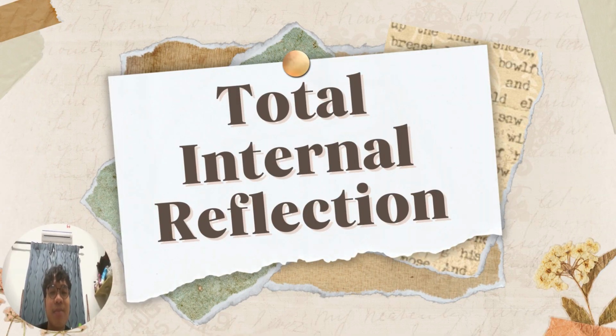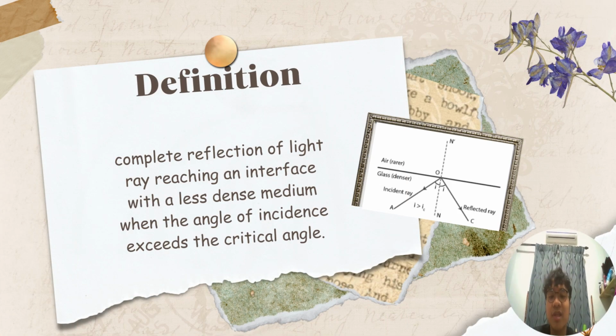Okay, so dah habis dengan kita punya basics of total internal refraction. Now is the real part. Kita akan belajar about total internal refraction. Definition of total internal refraction. Complete refraction of light ray reaching an interface with a less dense medium when the angle of incidence exceed the critical angle. So basically apa dia nak cakap is when light ray move from object with higher optical density to